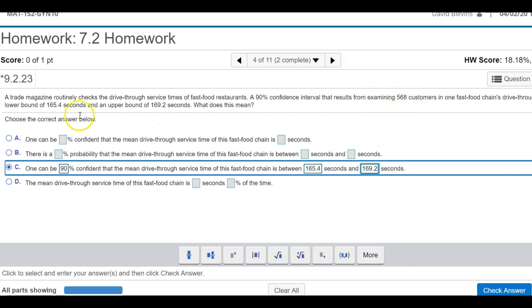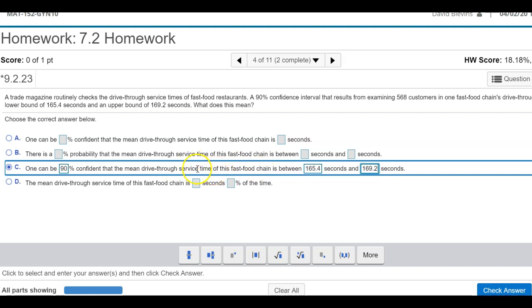So we go up and down by a certain amount. And that's not a big gap. If you look, we're talking about 165, 170 seconds, and we're talking about a gap of 4 seconds. That's not a big percentage of the overall values that we're dealing with. It's a very good approximation of the population mean of all of the thousands and thousands of these folks. Okay, so we are confident that we've captured the mean drive-through service time of all